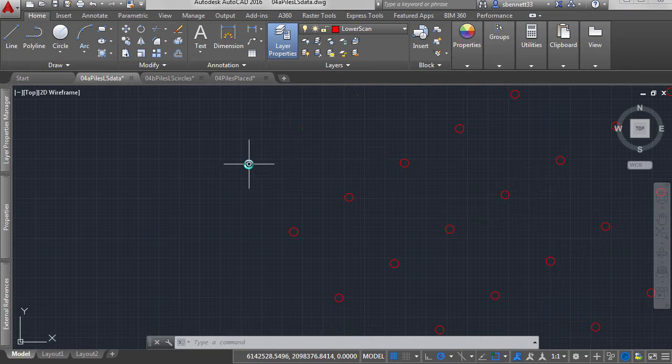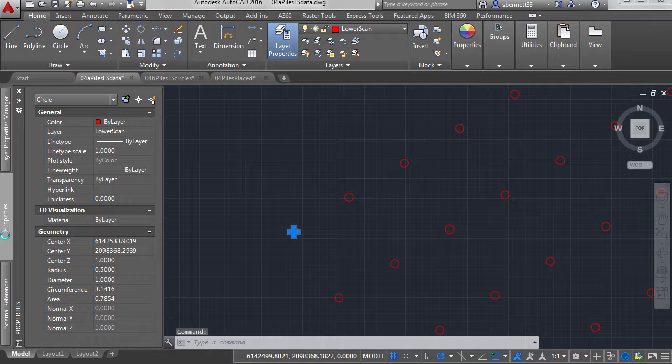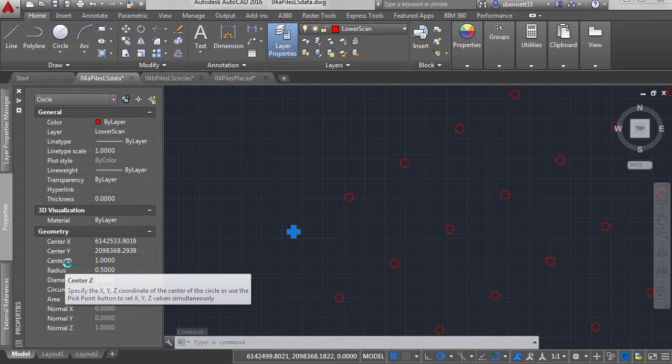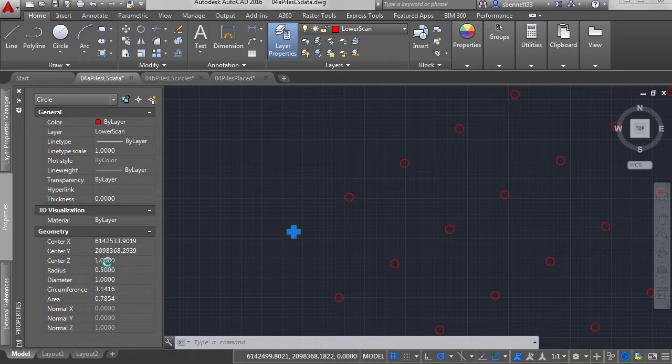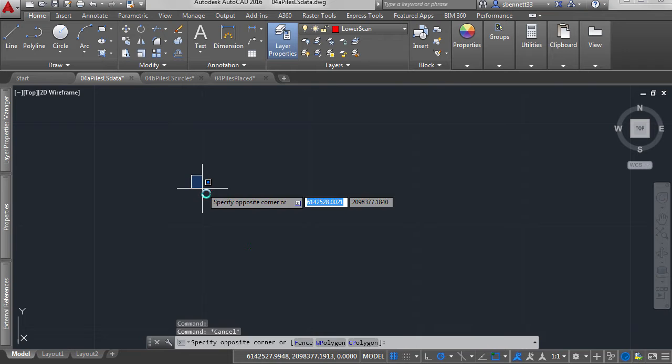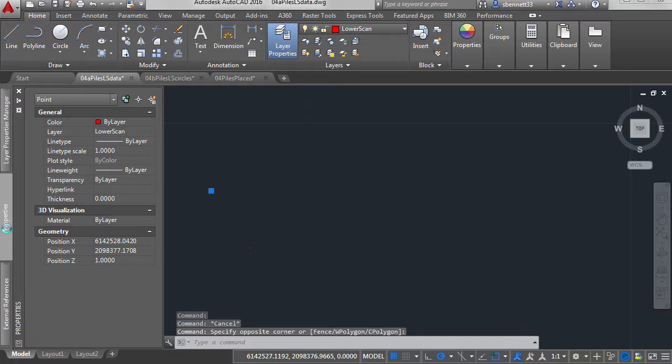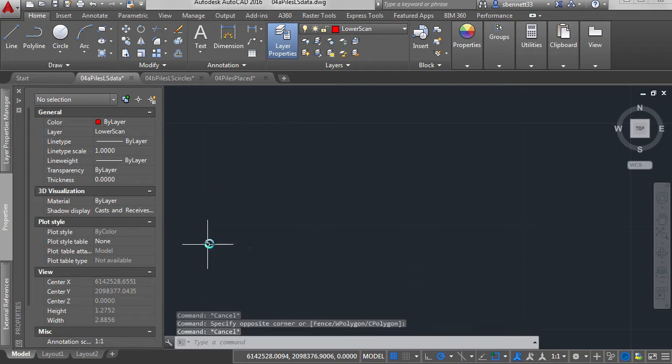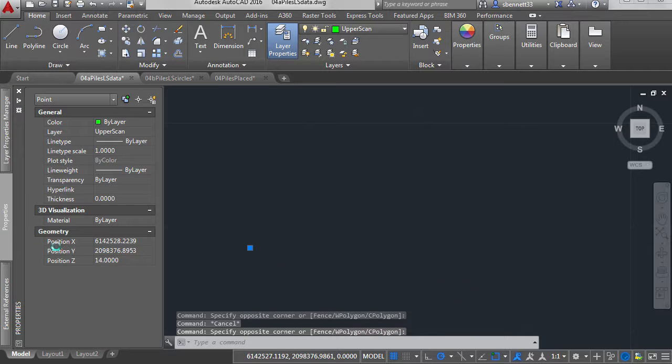Now the reason that I want to isolate these layers is we need to get the surveyor's data into our file that we're optimizing for use within Revit. Now these circles, if you look at your properties palette, show that they have a center Z value of 1, meaning it's at 1 foot above 0 elevation. Same thing for these points. These points have elevations as well. The red point is at 1, and the green point is at 14, and it's on a layer called upper